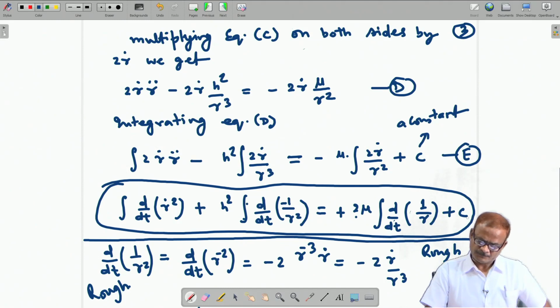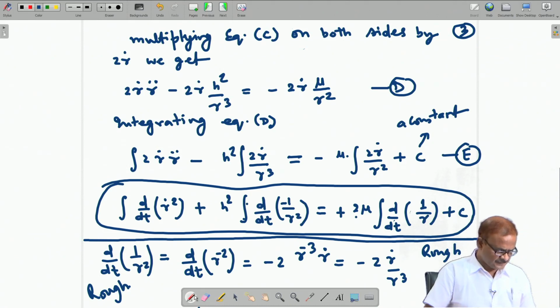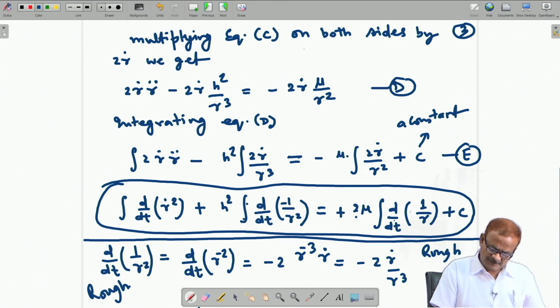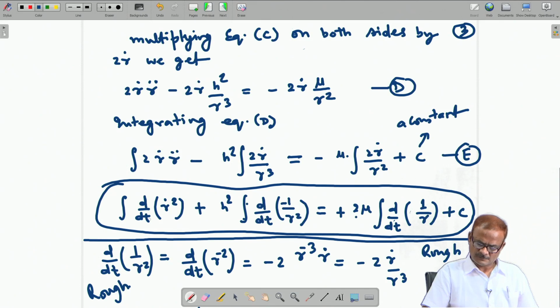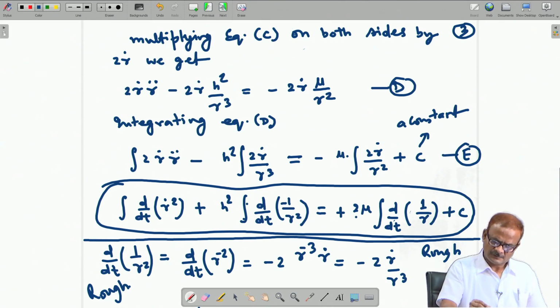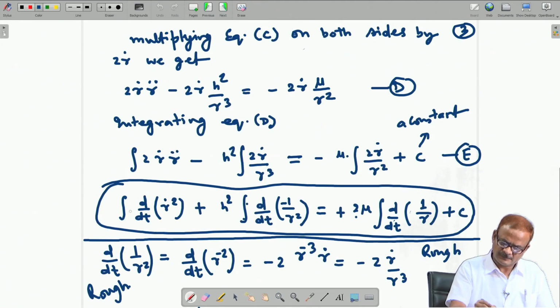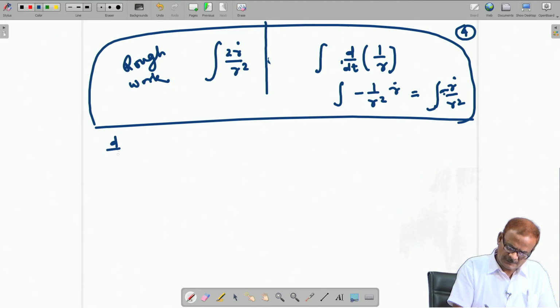Okay. One more thing is required to do here in this place: see, once we are trying to differentiate this, we have to remove this integral sign, so what we need to do? This is the question here. So, I will copy the expression from the previous page here, and thereafter we will work. This is d by dt integration r dot square